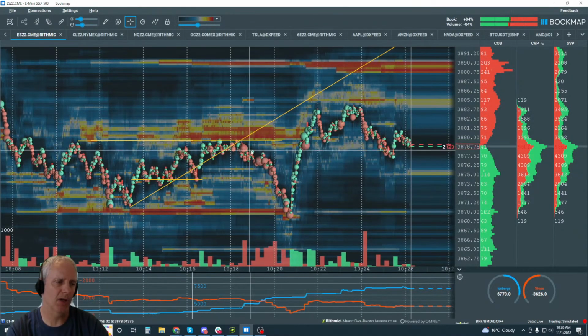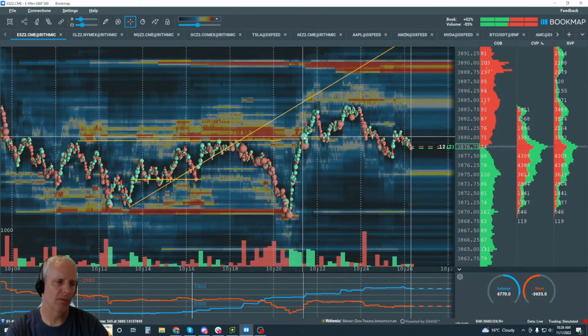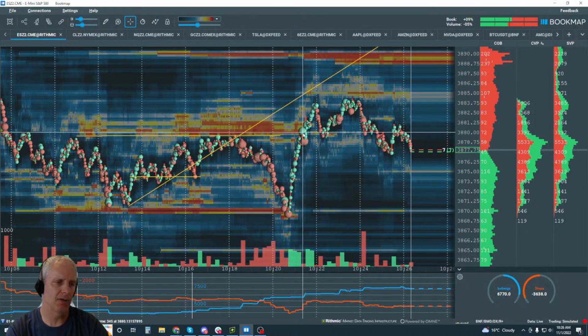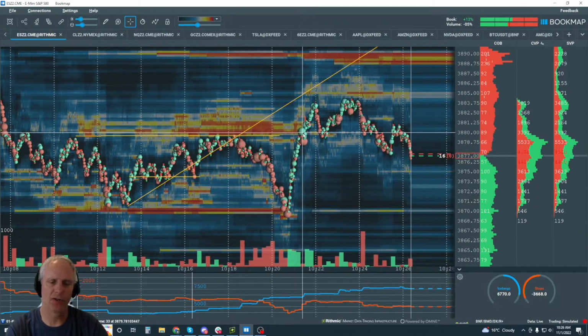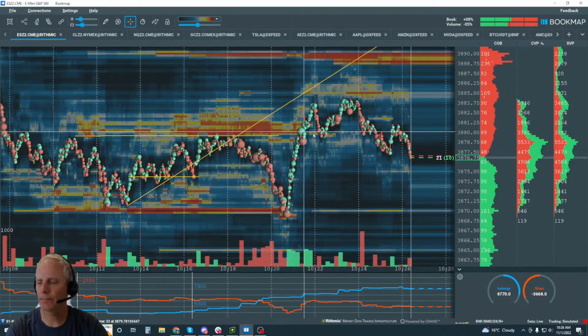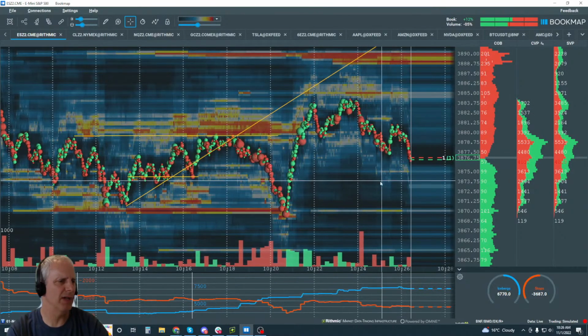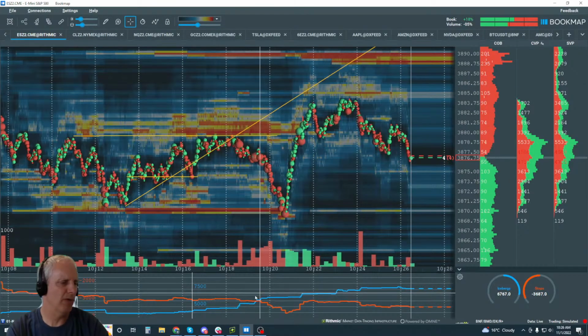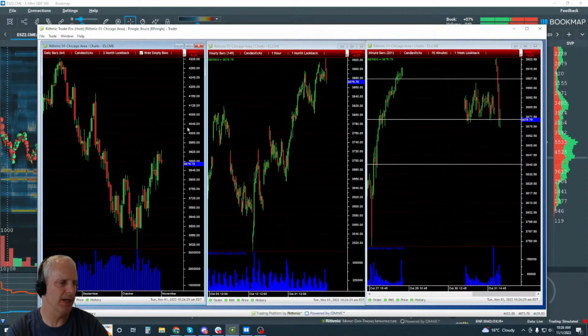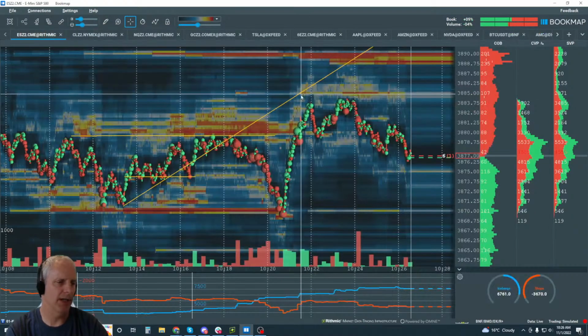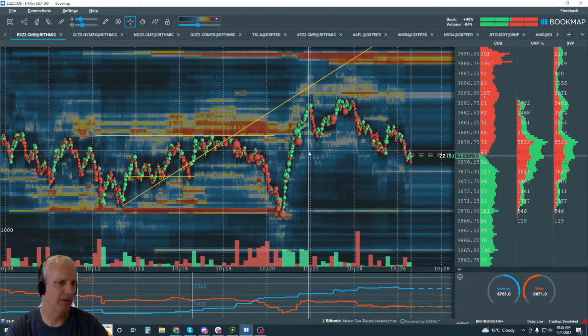Red dots are market sell orders. Green dots are market buy. The size of the dot tells you visually how much is transacting there. All right, so let's go through and revisit and understand order flow on the much higher time frame by understanding it in here in Bookmap first.